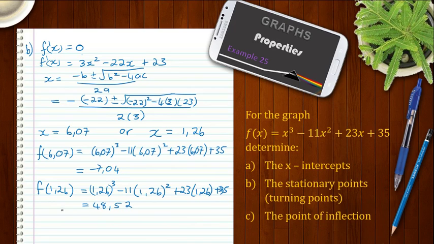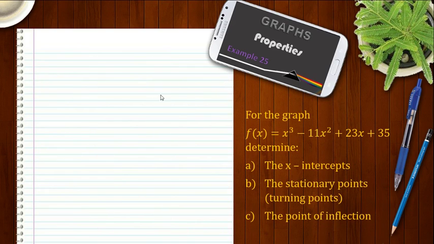Right, so the coordinates then are, the x coordinate for that one is 6,07 and the y is negative 7,04. And then my other coordinate is 1,26 and 48,52. Right. Now finally, to get the points of inflection,